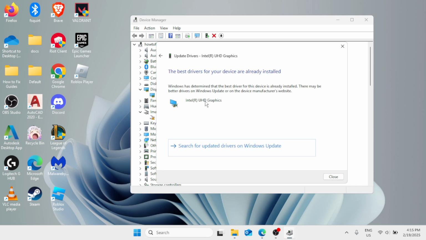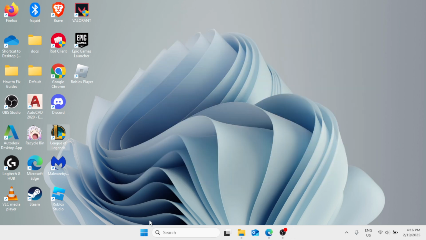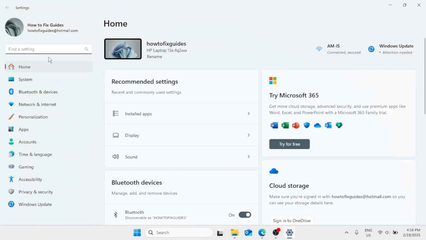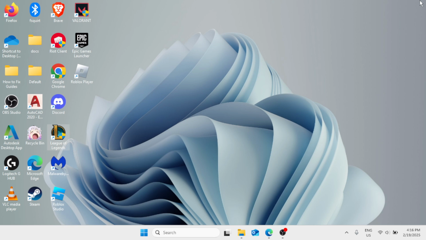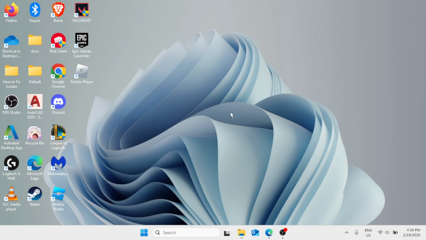Now the best drivers for your device are already installed. Simply close this window and also update your Windows. So click on the start button, go to settings. In the list of options on the left pane, you have to click on Windows Update and simply click this button right here. Once you click on this button, it will check for updates, and after that, it will download and install the latest updates for your Windows. Now close this once this is done. Then just make a right click at the start button, shut down or sign out, and then restart Windows. And after that, you need to launch the